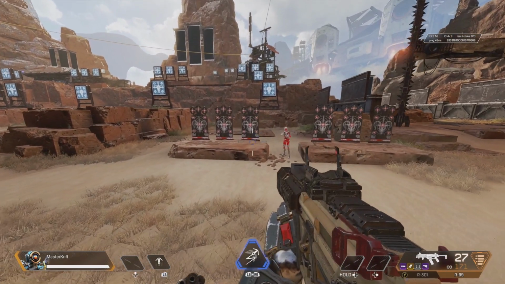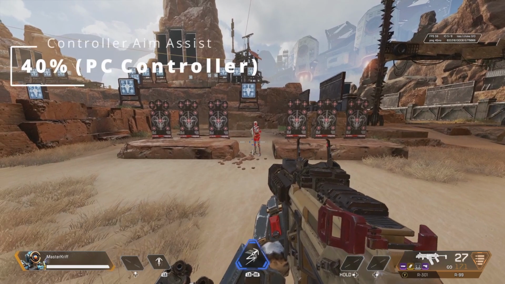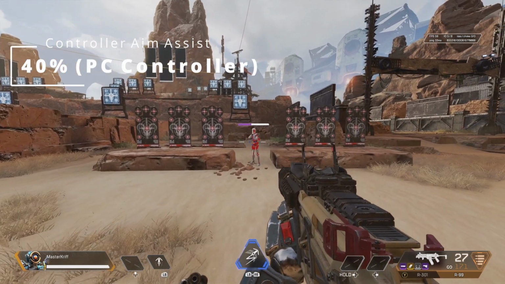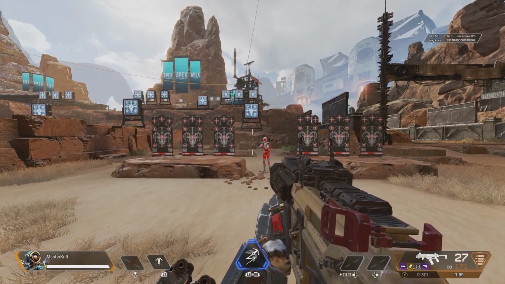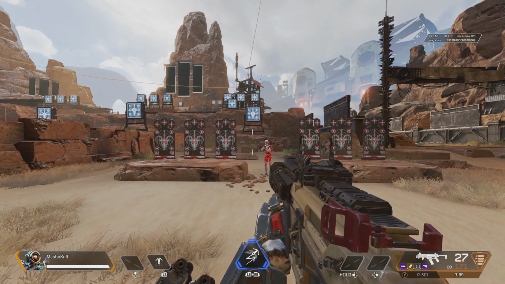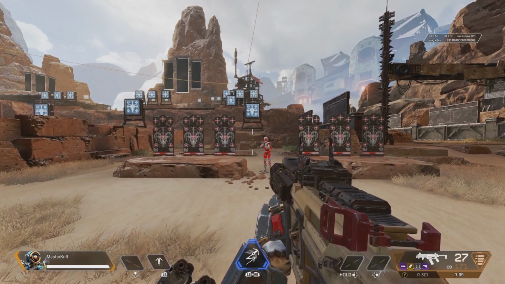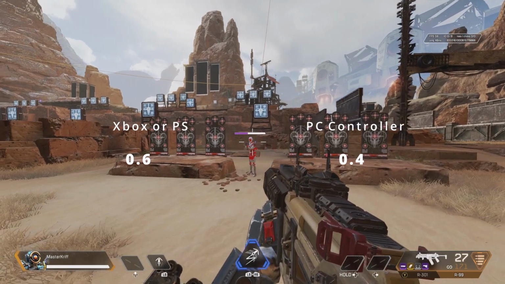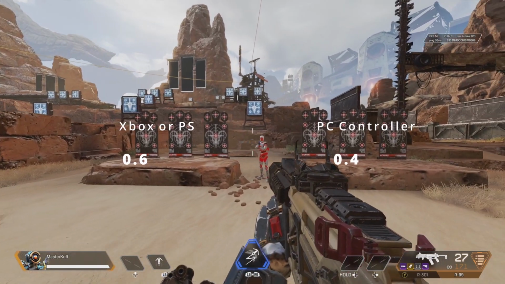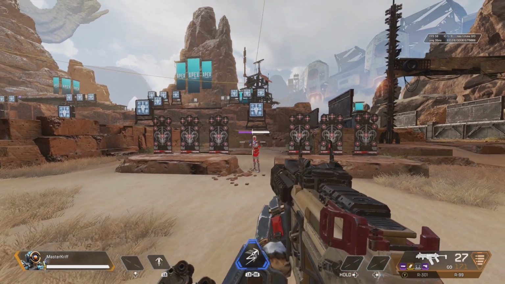And there is 0.4 for PC controller. Aim assist is going to help you 40%. You're going to have to supply 60% of the movement to the left. So why is there a difference? This is a great question, and probably the biggest thing that blows people's minds, that there's a difference between console controller and PC controller. I have no idea why exactly there's a difference, but one speculation of mine is that